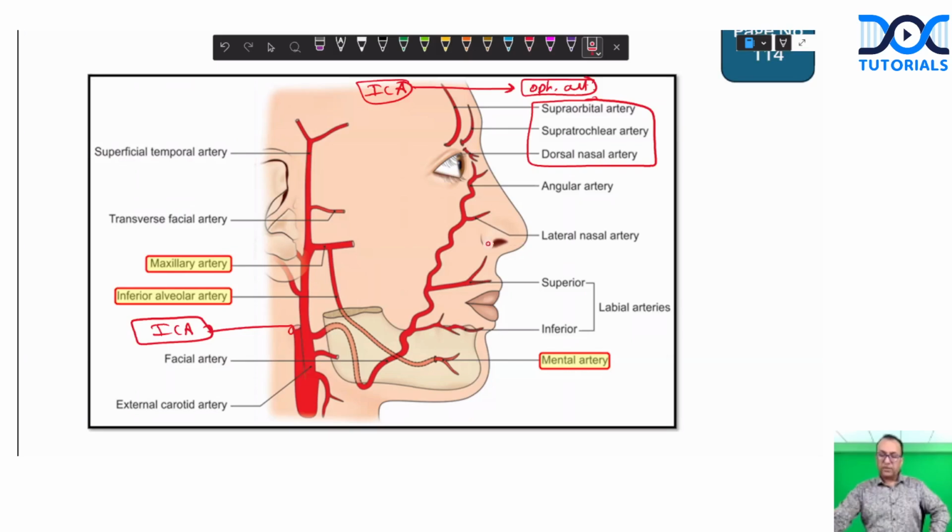So on the face, mostly it was facial artery branches, but on the chin, the mental artery is a branch of the maxillary artery. That you remember. Mental artery is a branch of the inferior alveolar artery, which is a branch of the maxillary artery. That you remember. This is one thing. And second thing,